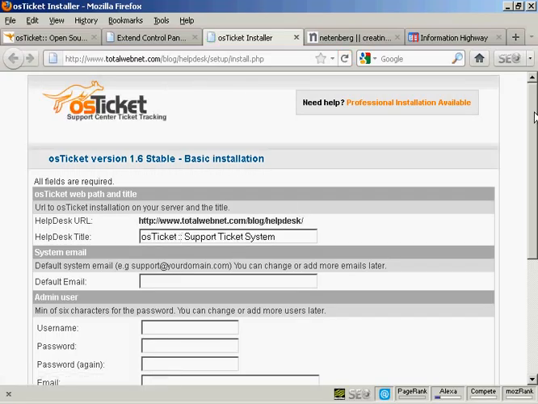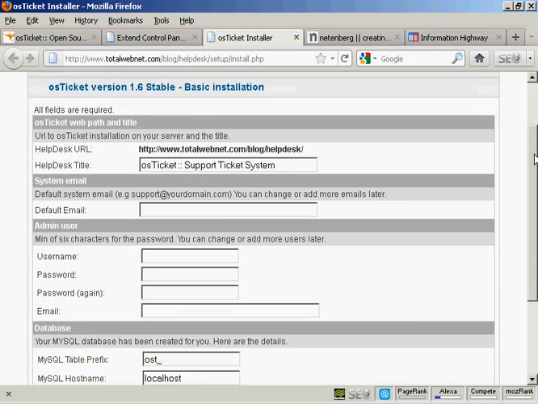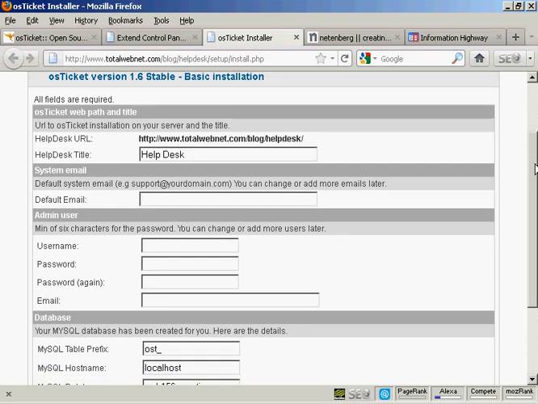It takes you to this installation page, and you can see first of all it's going to give the helpdesk URL and the helpdesk title, and I'm going to rename this helpdesk. Then you want the system email, and this generally, if I was setting this up for real, I would probably have an email address that was at the domain. Because this is just a demonstration, I'm going to put my Gmail address in here,